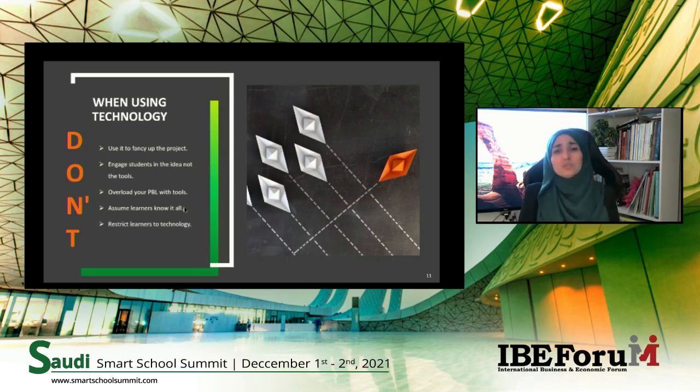Last thing, don't restrict your learners to technology. I know, yes, I said it's important to use technology. I said it's important for their future, but still, some learners don't feel comfortable using technology. And we do not want them to feel restricted and really unable to participate in the project just because they're not into technology. So give them the space to use other things,